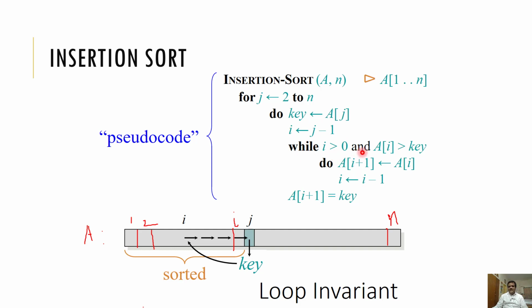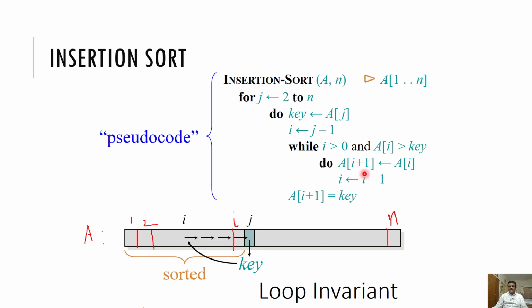This is an AND, so both have to be satisfied. This is a logical condition: if both values are 1, that means if both conditions are true, then only we go to this while loop. This condition is telling us that if the key value is less than this ai, then we must do this. What will we do? We shift this